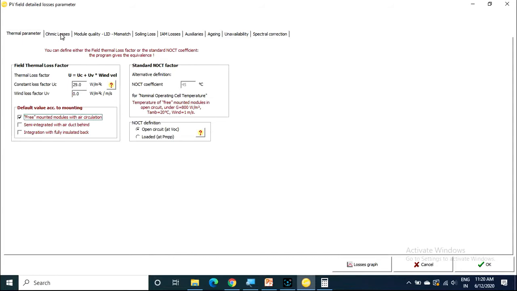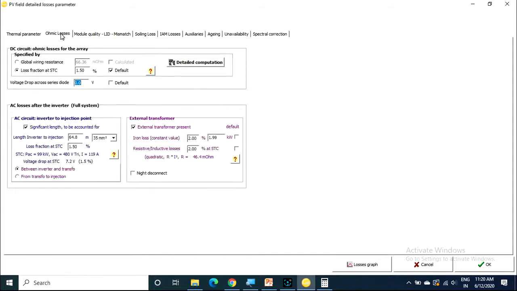Next, ohmic losses. Ohmic losses are due to cable resistances. We will connect the number of modules with the cables. There are DC cables and AC cables. DC cables are used from DC solar panels to the inverter. From inverter to your load or grid, utility grid, AC cables will be required.